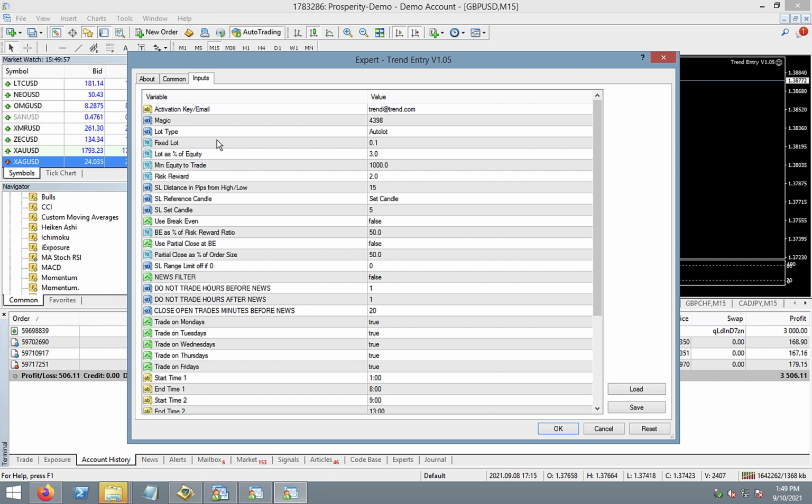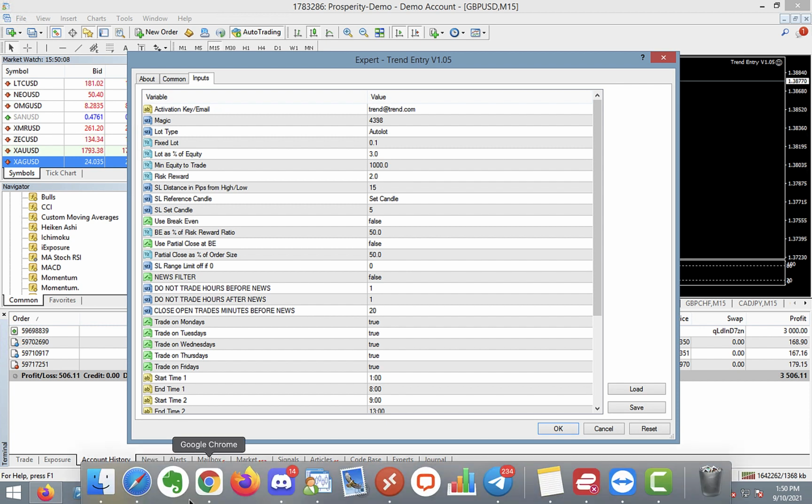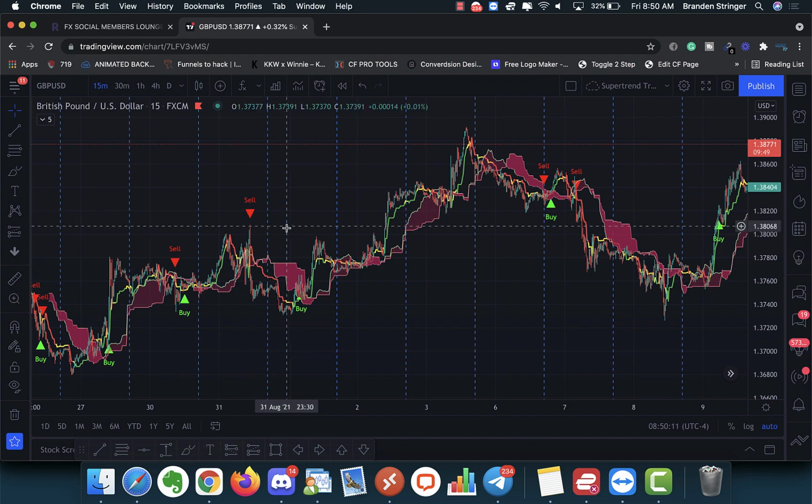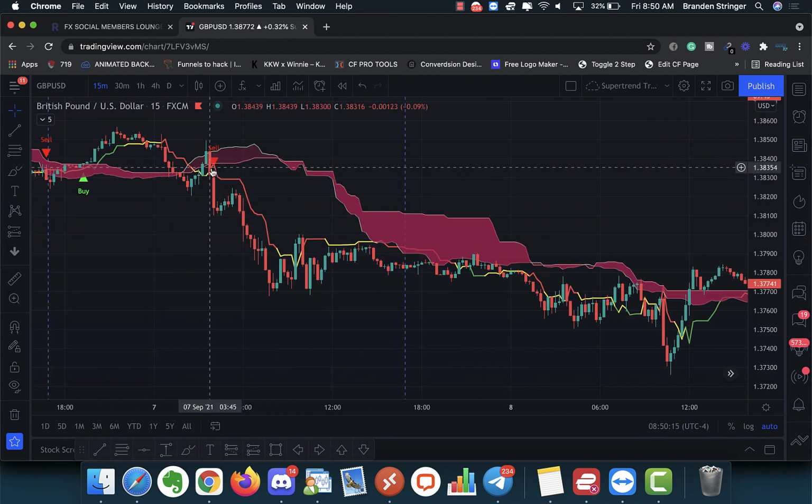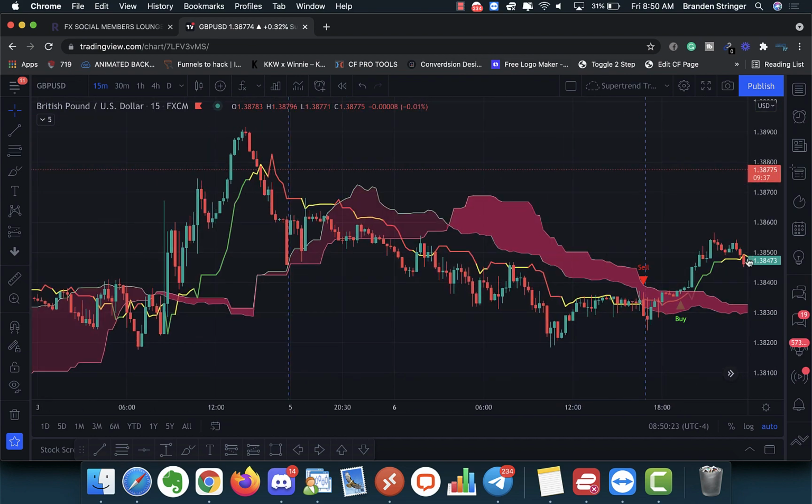Basically, the EA uses my trend entry indicator as a reason to enter, and it uses my strategy for the rules. My rules are very simple. Let me go back to the rules. For example, if it causes a sell, it has to be below the red line. It has to be below the cloud for it to go for the sell. And for it to be a buy,